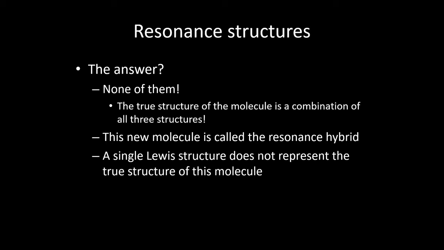What you would actually see is what we call a resonance hybrid, where you have a mixture of all three. In this case three, but it doesn't have to be three, but we had three possible structures with thiocyanate. It would be a mixture of all three of those, where the better structures are more heavily weighted in the way that the molecule is arranged. So if you want to think of it in terms of a percentage, if you remember we had the three different structures,